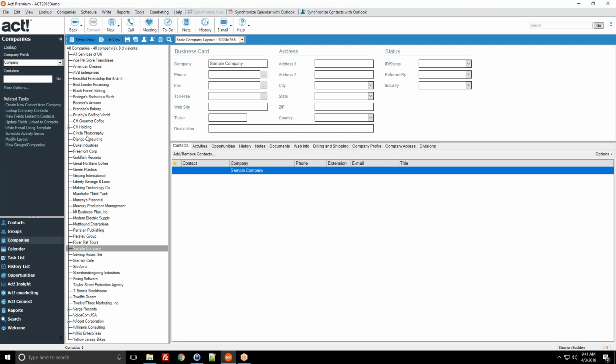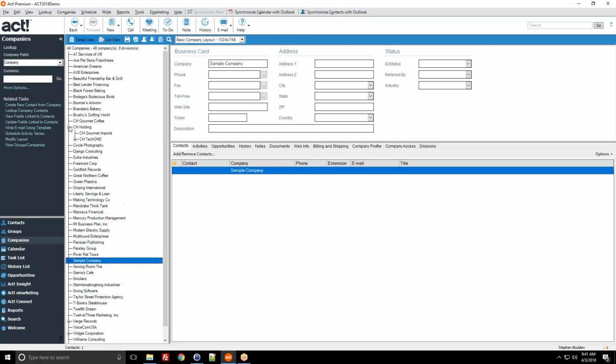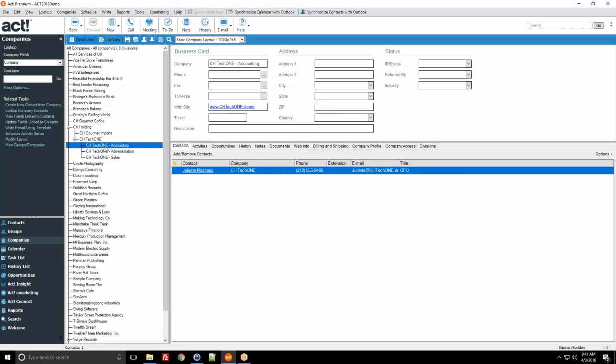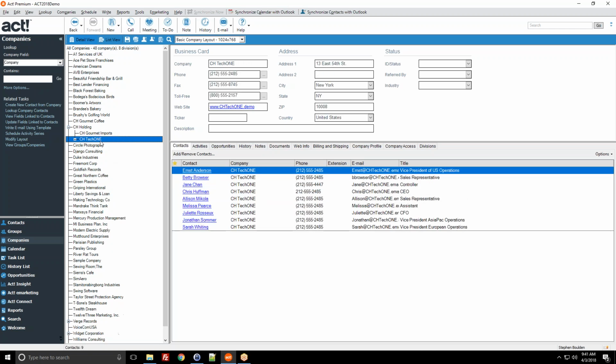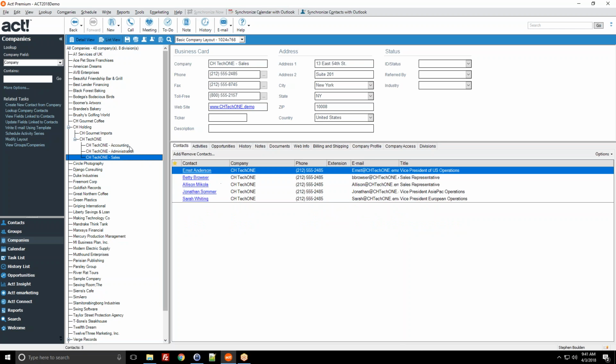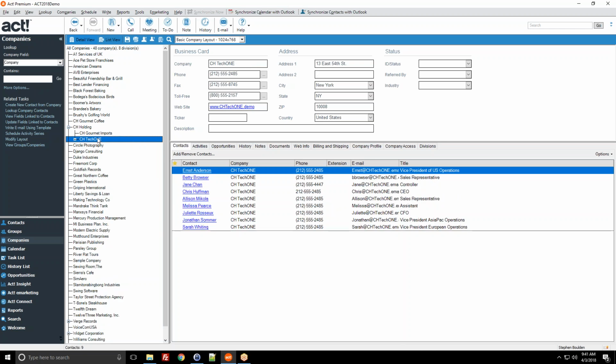You can also have sub-companies. Every company in your database can have divisions. So if I break down this sample company CH Holding, for example, you'll see sub-companies and sub-sub-companies or divisions for different people that are associated with each. When you associate a contact with a division or a sub-company, they are automatically associated with the parent company as